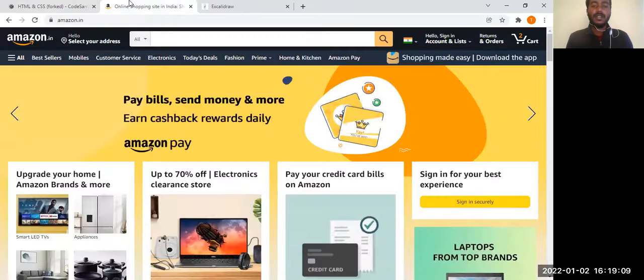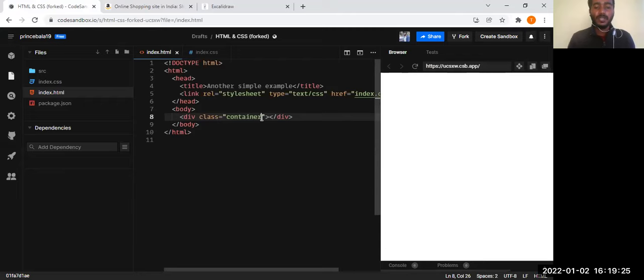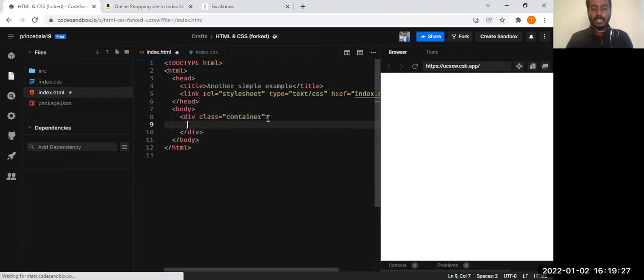container. Now coming to this part, let's leave out the icons. We will start from bestsellers, and avoid the icon as of now. We will build only this part without the icon. Now I am going to create each division.